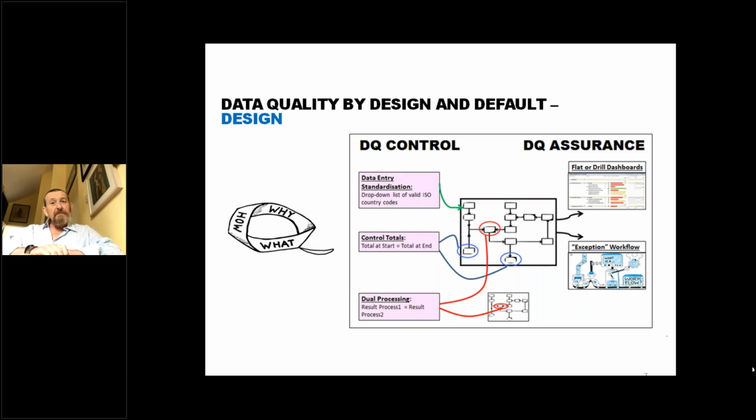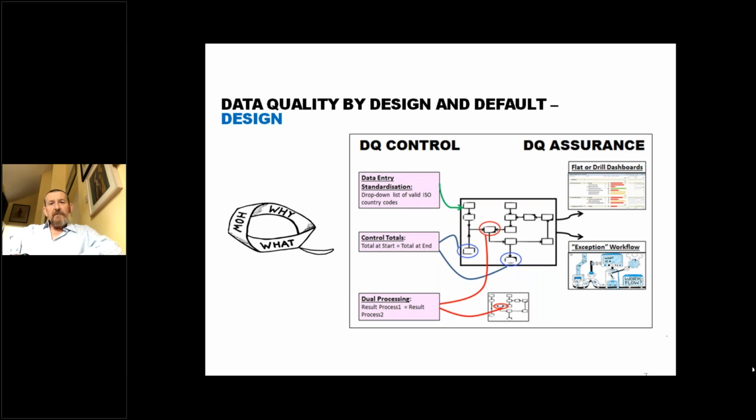Those controls might be things like designing in more forensic validation of data as it's being entered in a system, like comparing data across other data items, or standardizing on drop-downs rather than having free text, or whatever it happens to be. So validating data on the way in and preventing bad data coming in, controls around that. Or then within systems, controls as data moves through systems, so that it doesn't get dropped. That's pretty standard IT controls. Often data doesn't just disappear down black holes, the solution does carry all the data through, and there are reconciliations and checkpoints along the way.